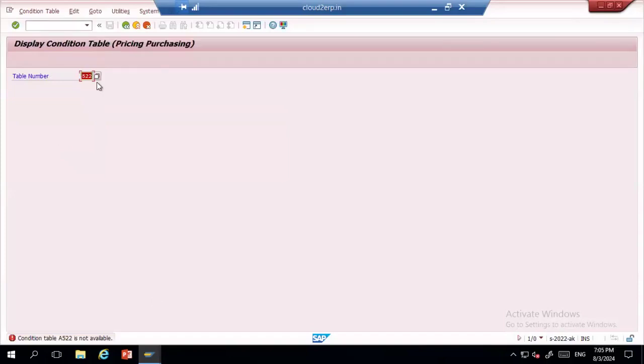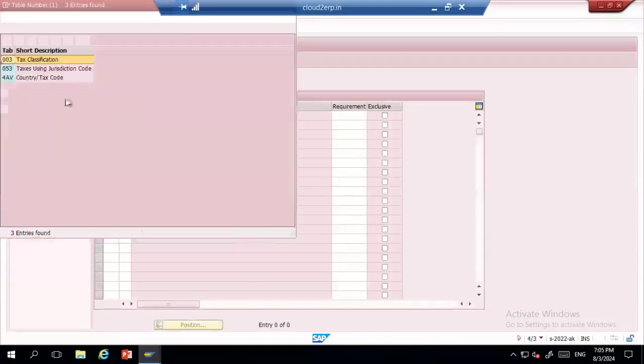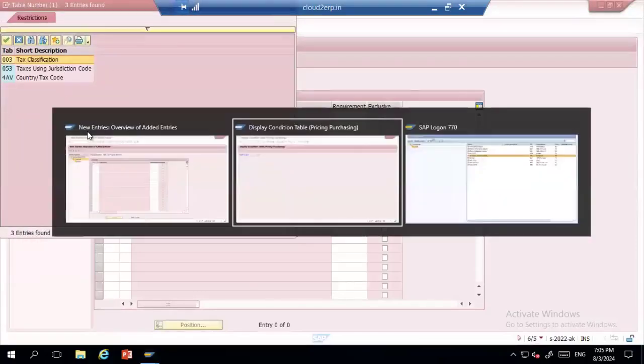Okay, condition table is not available. Let me see what are available here and check that 0003.